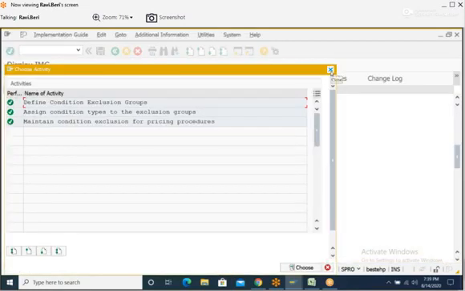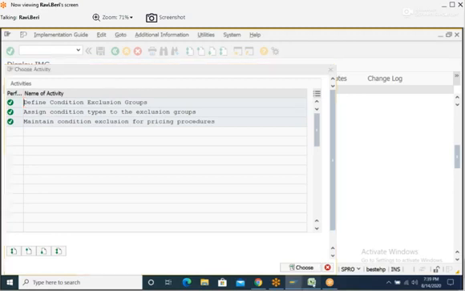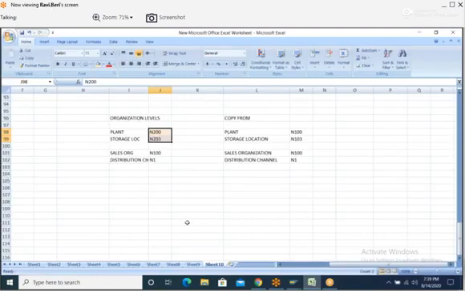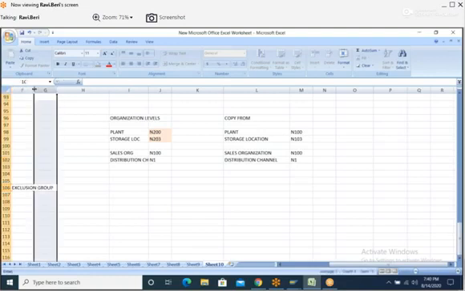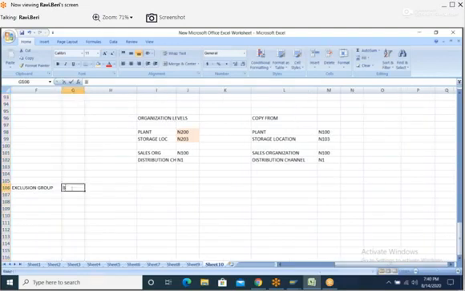Now we can have exclusion between 2 groups. I'll tell you an example in Excel. There is one exclusion group B100.